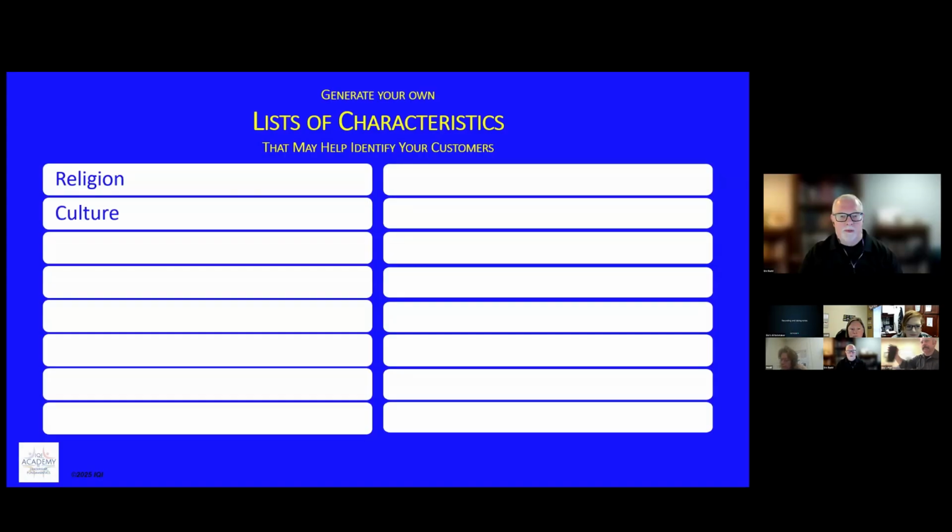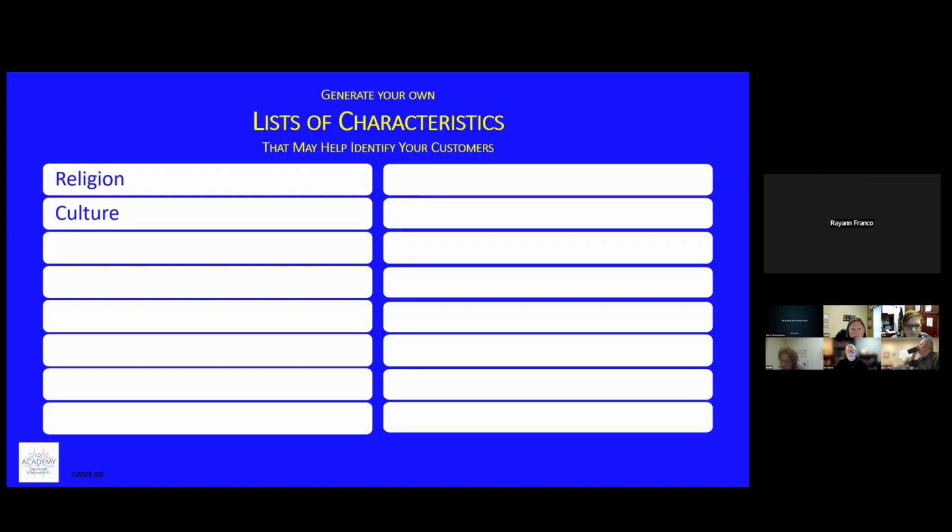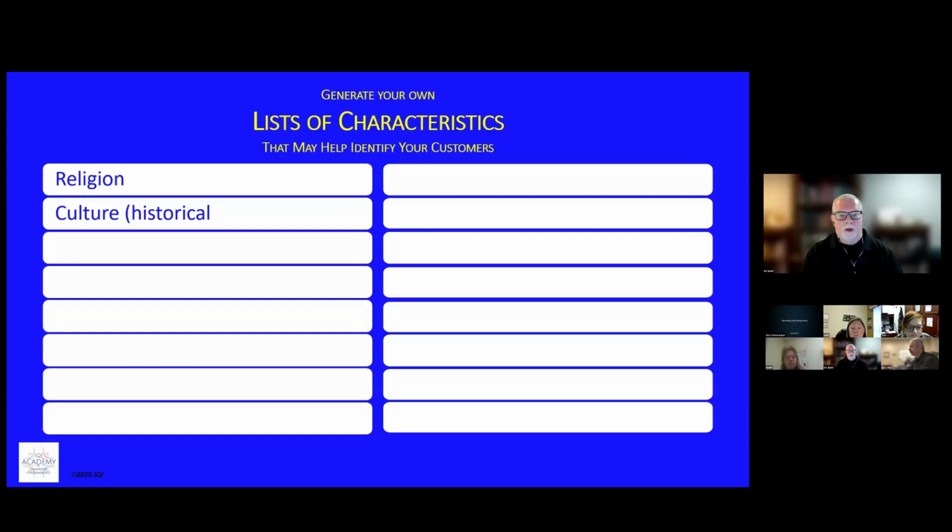What do you mean by culture? So we have different cultures here. For instance, in Cass County, we have a Native American tribe, but we also have a small African American community that has a few churches in Cass County where, for instance, if a family member makes their resident a DNR, they will be shunned by their church community. Okay, so historical or community culture, right? Is that a good way? Yeah. Okay.